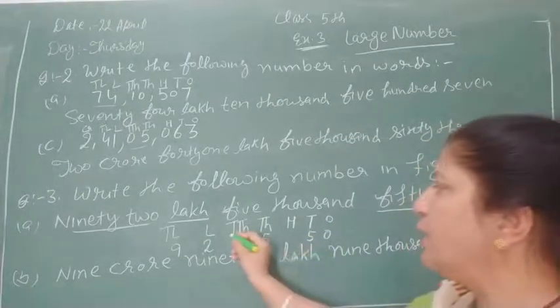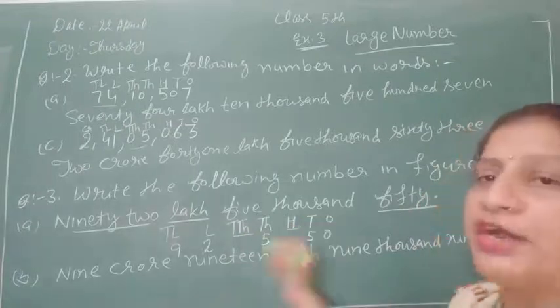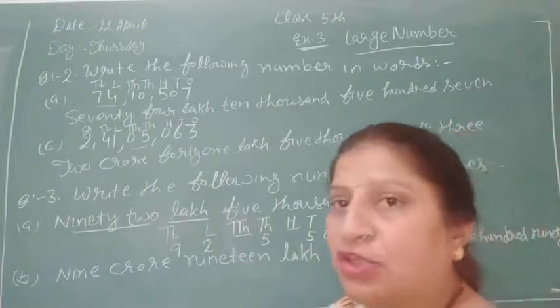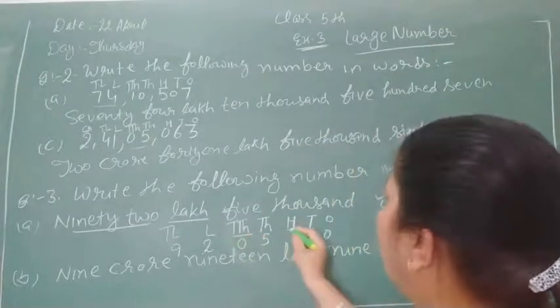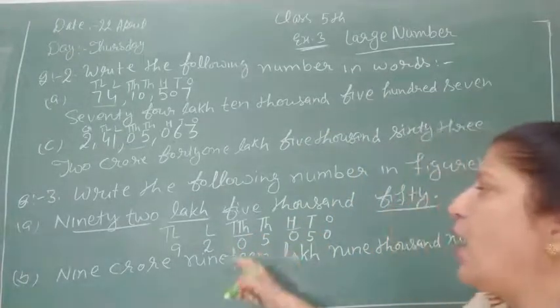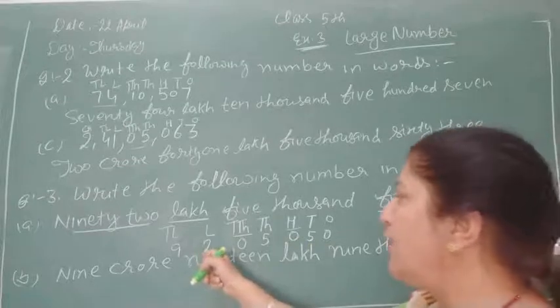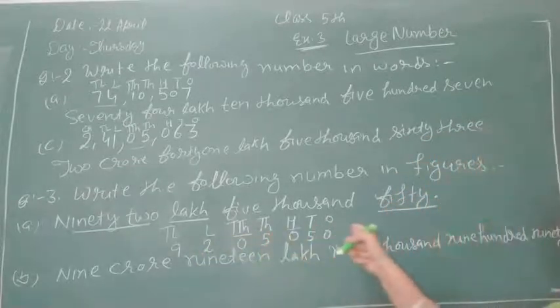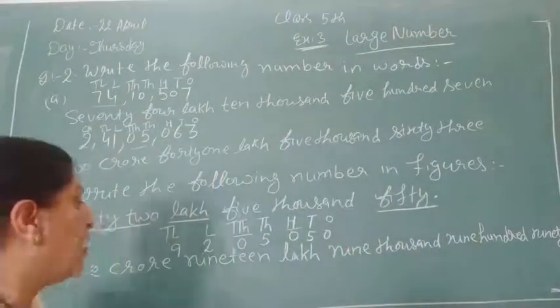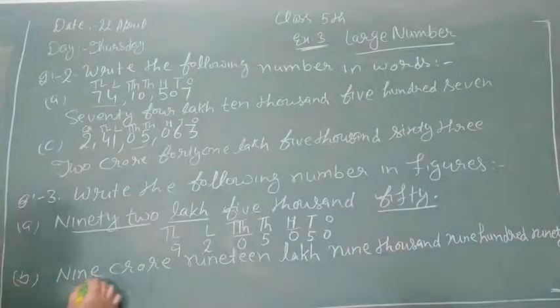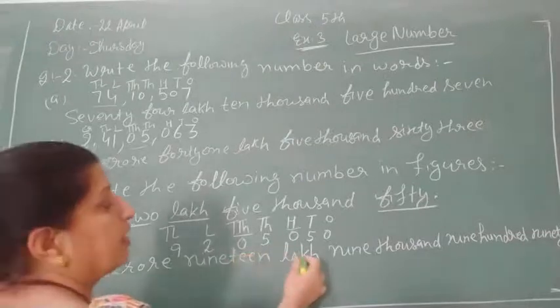Now you see that your 10,000 and your 100 places are blank. So we have to put 0 to fill the places, and now our number becomes 92 lakh 5,050. Is this clear? Now we start our next part. Next question is 9 crore 19 lakh